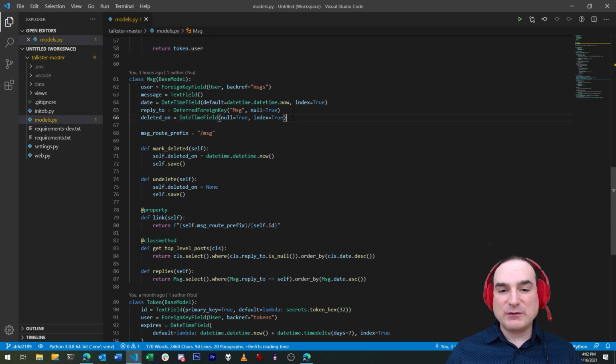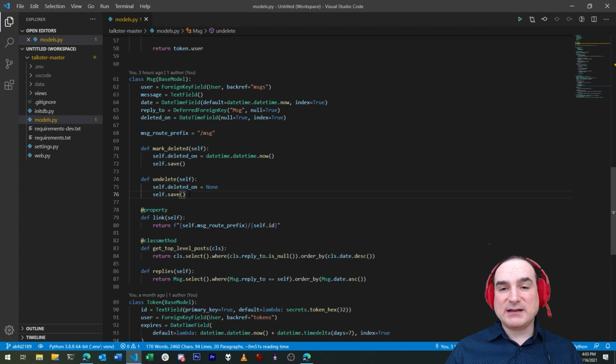Next, we're going to add two methods to the message class, one to mark a message as deleted, and another to undelete it. In either case, all we're doing is editing the deleted on field and then resaving the record. With undelete, all we're doing is clearing the deleted on field. Note that we're not actually going to use the undelete method for anything yet, but it's an example of how saving the date and time of deletion makes it possible for that method to have useful behaviors. Like, for instance, we could allow a message to be undeleted by the user before a certain amount of time has elapsed by recording this information.